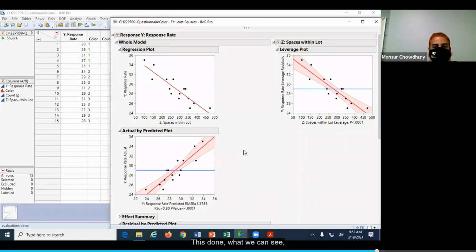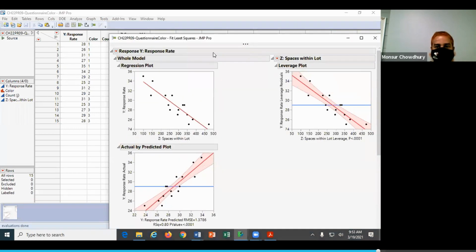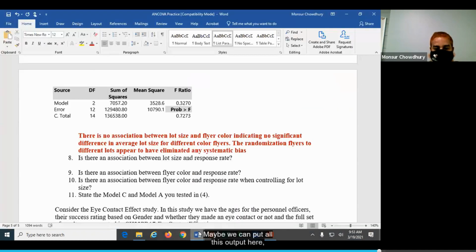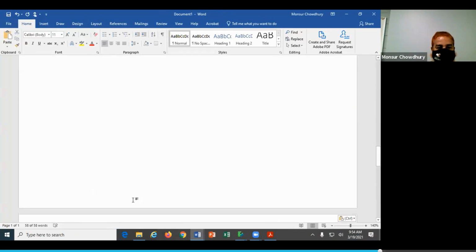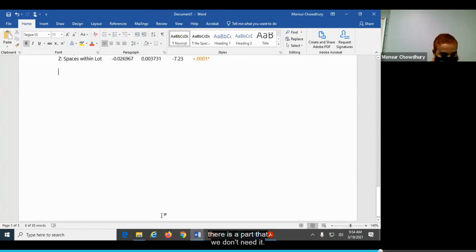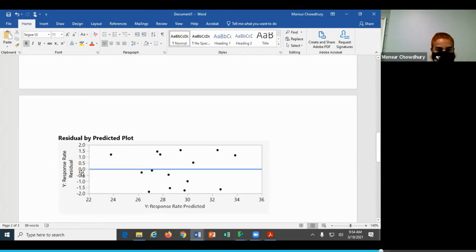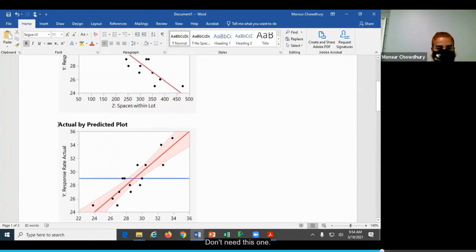So we run this one, and what we can see, there is a significant relationship between the covariate and the response variable. So maybe we can put all this output here. And this is the part that we don't need. We don't need this.